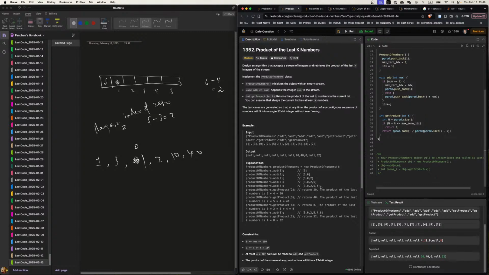Anyway, when we hit here is 1, 2, 3, 4, 5, 6. Right, it shall be 6. So n is 6 and k is 2. 6 minus 2 is 4. 0, 1, 2, 3, 4. Really?